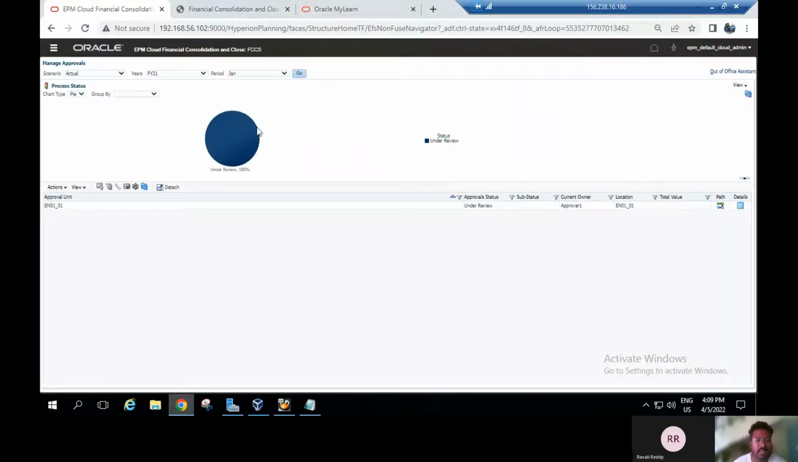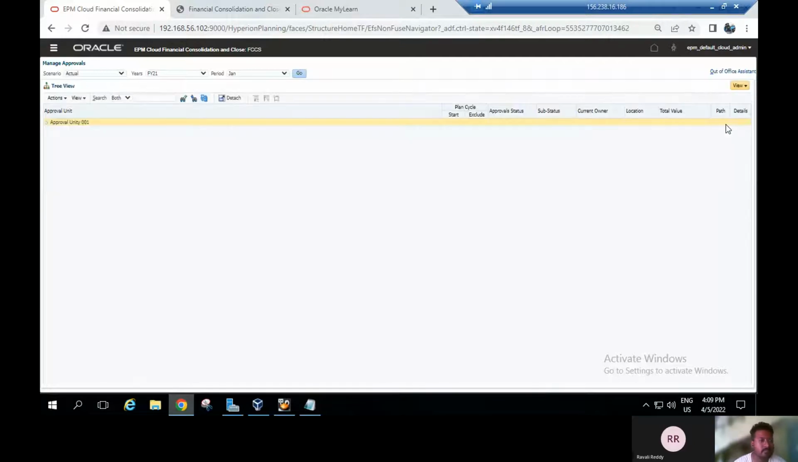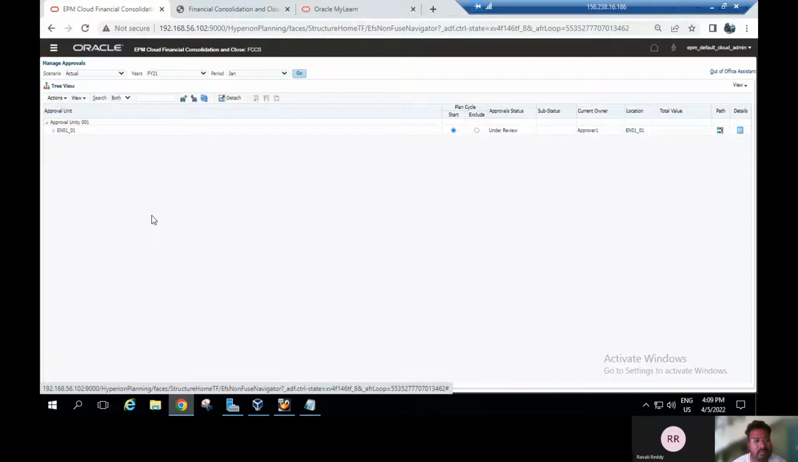Some data has been added here, and click on view option. Under that, you have to select the preview. Here we have to extend that. Here I have selected EN01, and the approval status is under review, and the current owner is approver 1. And coming back to the documentation, here